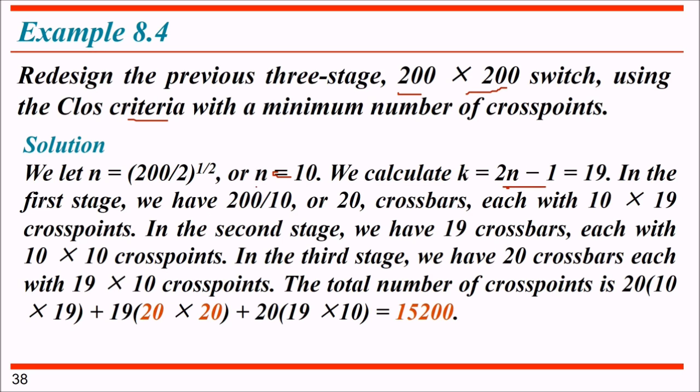So in the first stage, how much do we need? 200 by 10, that is 20 crossbars, each with n into K, that is 10 into 19 cross points. In the second stage we have 19 crossbars, each with 10 by 10 cross points. In the third stage we have 20 crossbars with K into n, that is 19 into 10 cross points. So the total number of cross points will be 20 into 10 into 19, plus 19 into 20 into 20, plus 20 into 19 into 10, that is